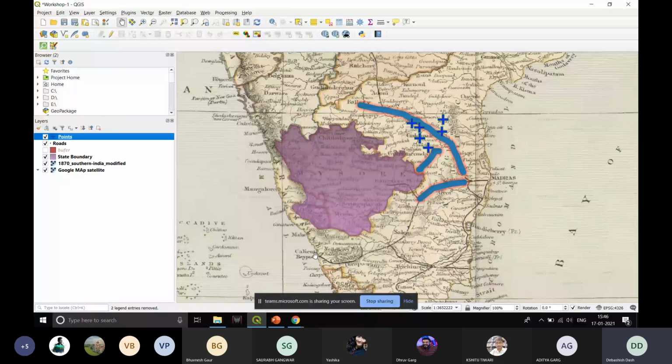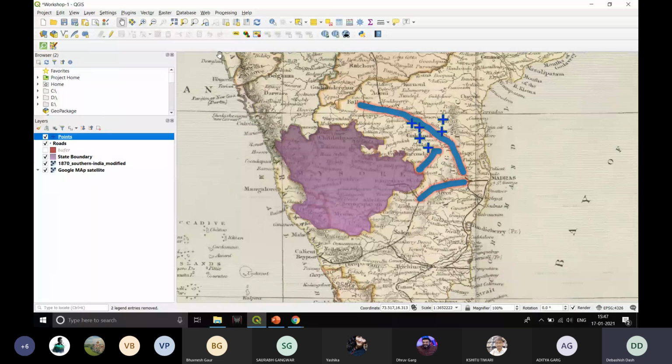Just to give a brief idea, in the last session, we also talked about a geoprocessing tool named Buffer. Last time we digitized a few points over here, as you can see them marked in blue crosses. Just assume for now that these are hospitals. These are the locations of hospitals. There are 5 to 6 hospitals here. If I create a buffer around it, a buffer of say a distance, maybe 1 kilometer or anything, I obtain an area that lies within a range of 1 kilometer from this exact particular point.